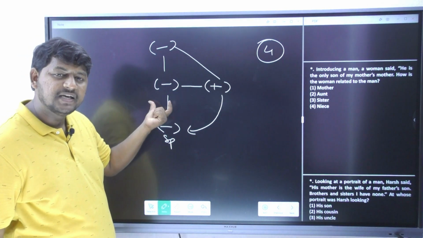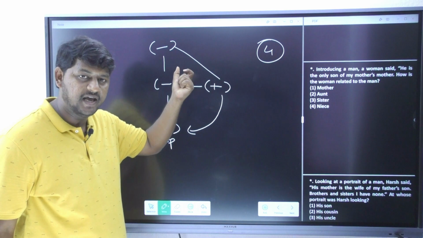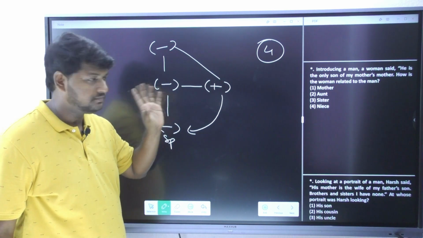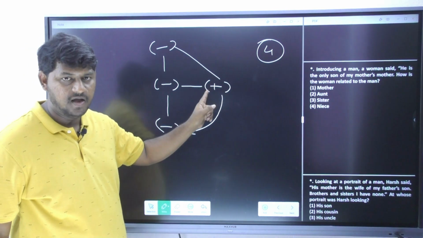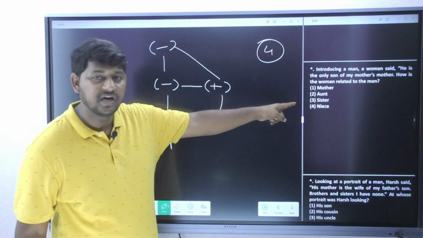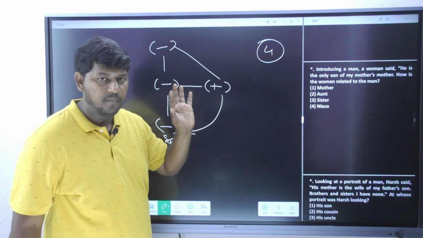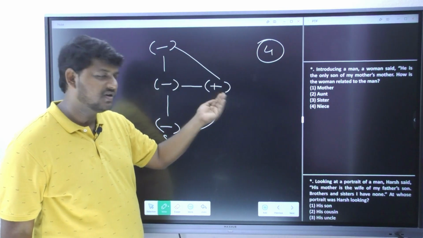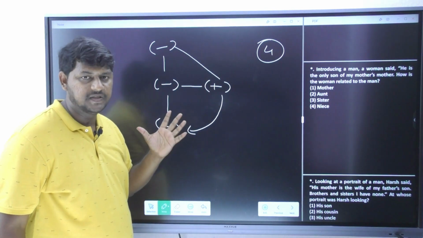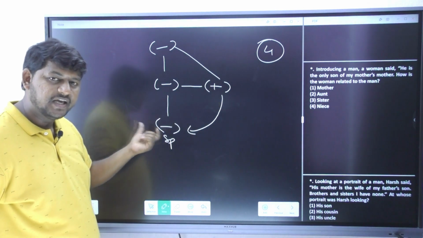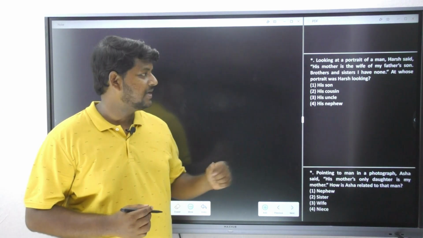My mother's mother is having a son, only son. And that son is definitely going to be my uncle. Now, uncle is not available in the options, because the question is asking in the reverse order what exactly this speaker is going to be called by this person. Obviously, he is going to call her as what? So now let's observe here.